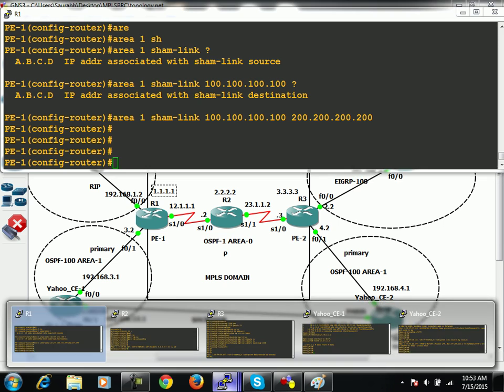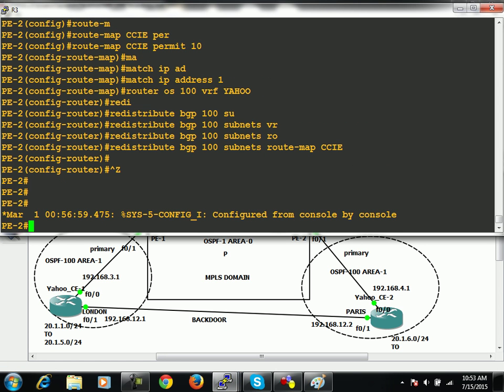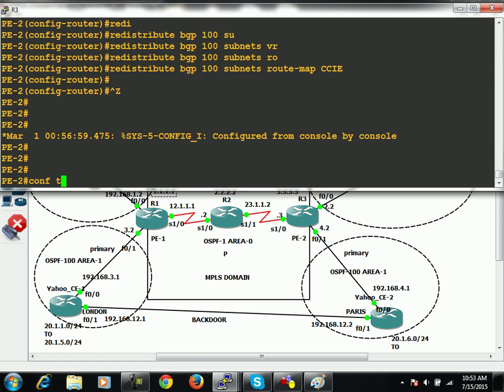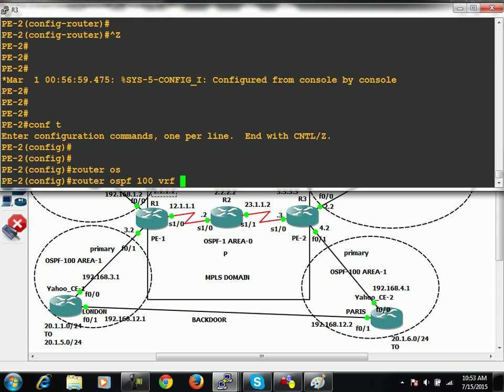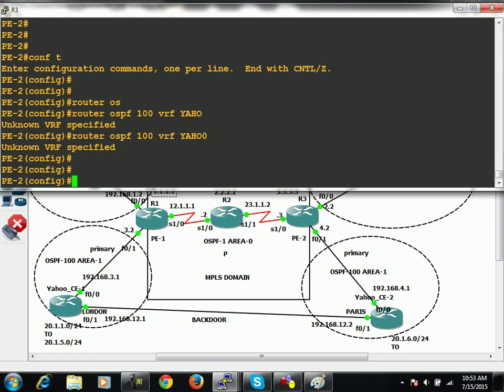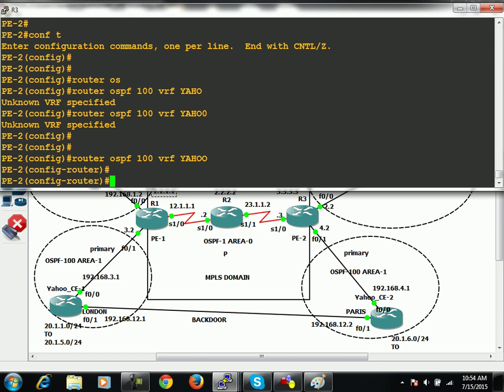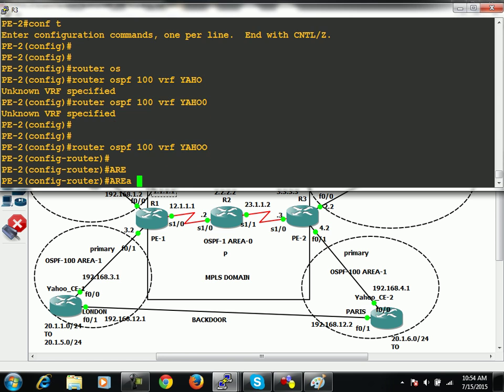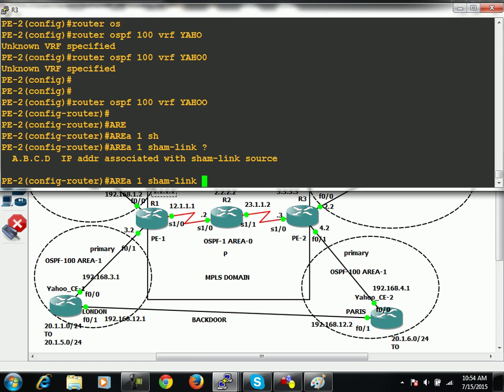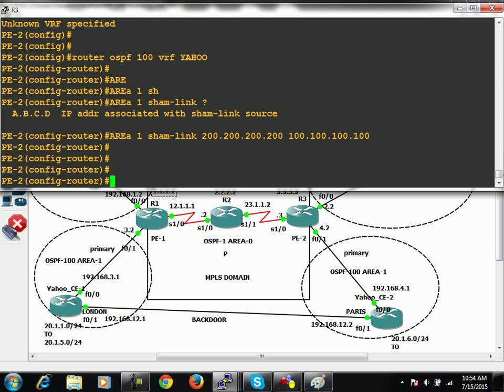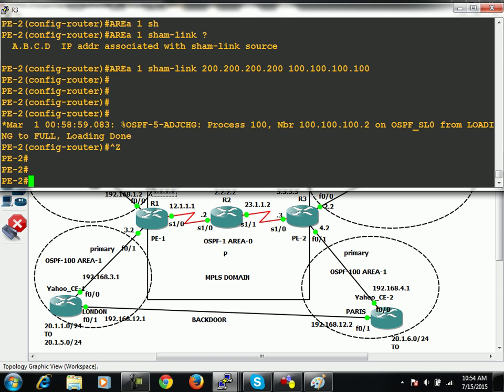In the same manner, move on to PE2. Router OSPF 100 VRF is what? And then, sorry, it was 0. So fine, then you have to say area 1 sham link source and destination. Now the sham link will come up, same as a virtual link. See, once this sham link comes up,